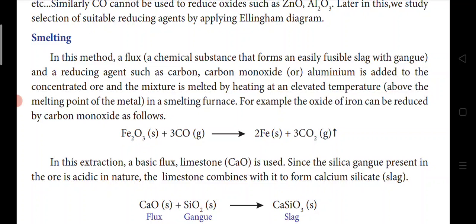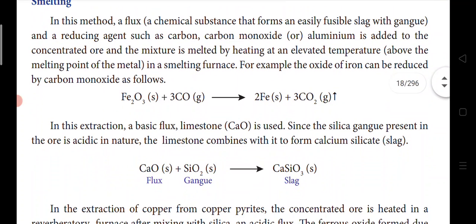And a reducing agent like carbon monoxide or aluminium we will add to that concentrated ore, and this mixture is melted by heating at an elevated temperature. So இதெல்லாமே mix பண்ணி flux and then ஒரு reducing agent, அதுக்கப்புறம் நம்மளோட concentrated ore, இது மூணுமே சேர்ந்து மிக்ஸ் பண்ணி ஒரு ஹையர் டெம்பரேச்சரில் நம்ம ஹீட் பண்ணும்பொழுது ஸ்மெல்டிங் ஃபர்னேஸில், ஃபார் எக்ஸாம்பிள் ஆக்சைடு ஆஃப் அயன் இருக்குல்ல, கார்பன் மோனாக்சைடு ஒரு ரெடியூசிங் ஏஜென்ட், Fe2O3 is our